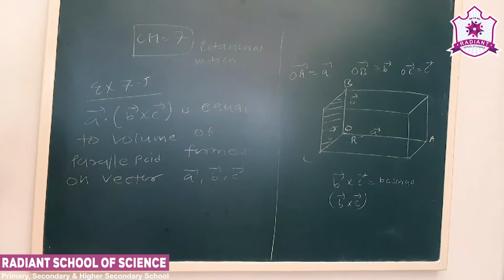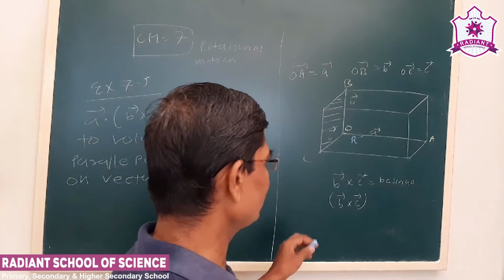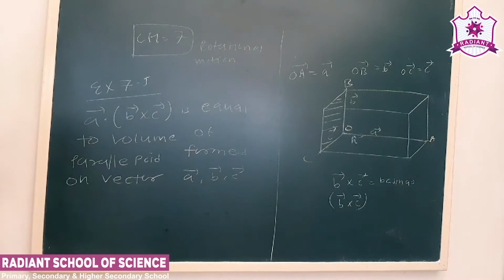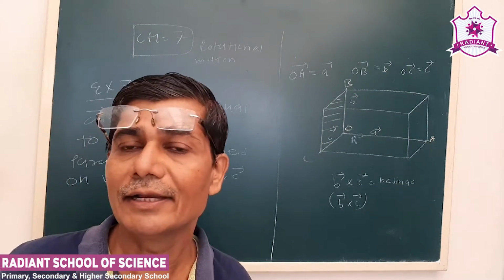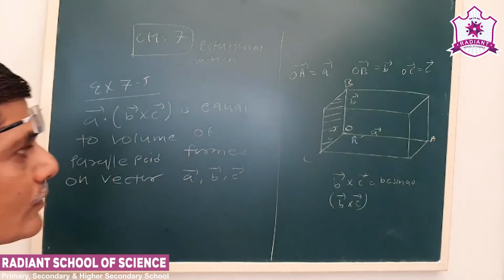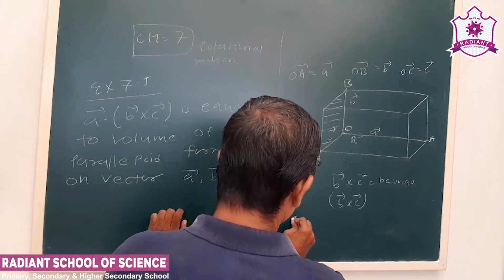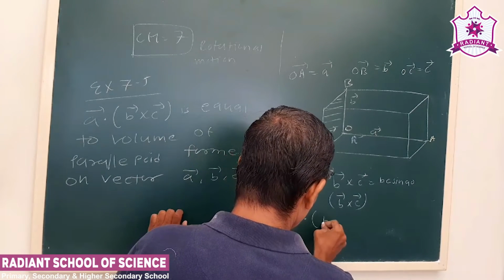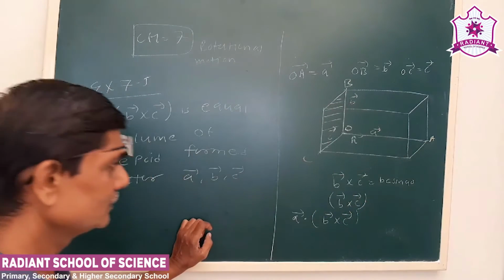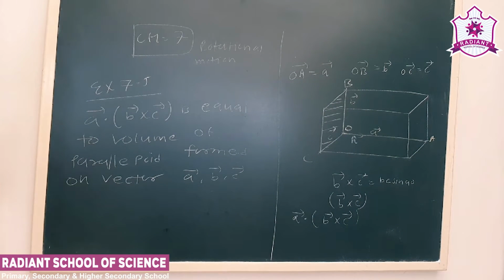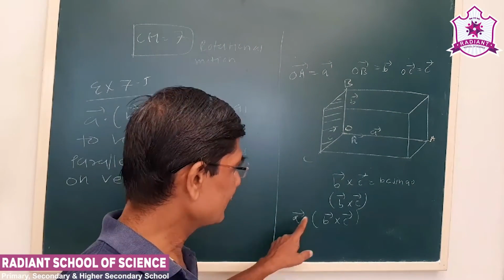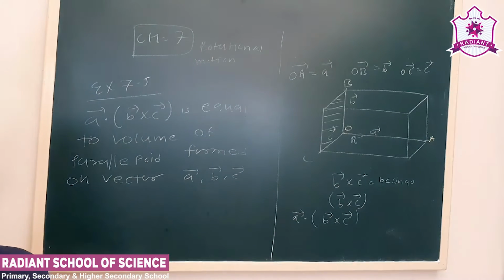Now what we can see, the unit vector of B cross C, the resultant, is in the direction of OA, that is vector A. Now we know the volume is area into height. Now this B cross C is the area. Now see, vector A dot B cross C, this is the area and this is the height. Let us say OA is the height. Now suppose we take the scalar product of this, A and the resultant of B cross C are in the same direction.